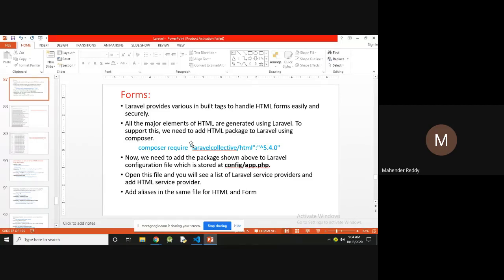Open this file and you will see the Laravel service provider and HTML service provider. Add the alias in the same file for HTML and forms. So you have to add some configuration settings in the app.php file.